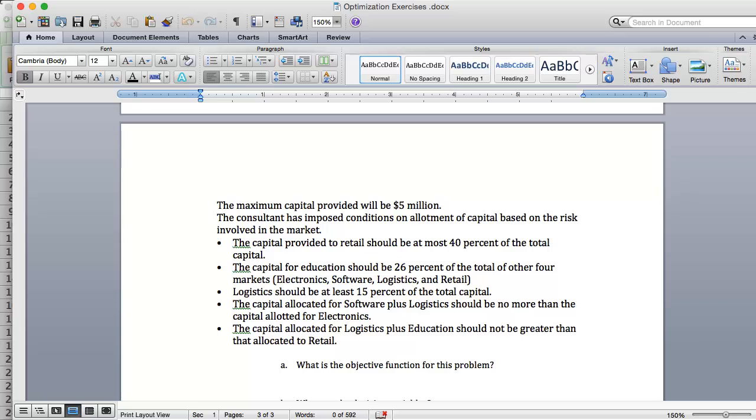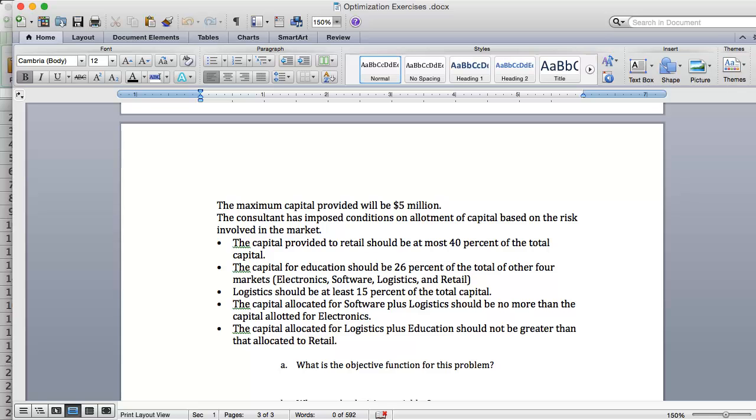Logistics should be at least 15% of our mix. The capital allocated for software plus logistics should be no more than the capital allotted for electronics, but it can be less. And the capital allocated for logistics plus education should not be greater than that allocated to retail, but again, it can be less. So we have several constraints, and we can't specify the precise amounts of each constraint until we